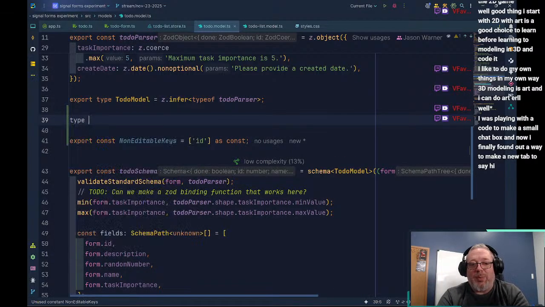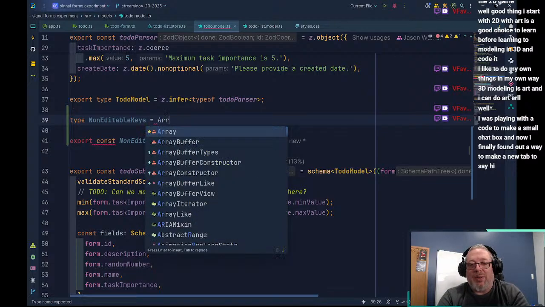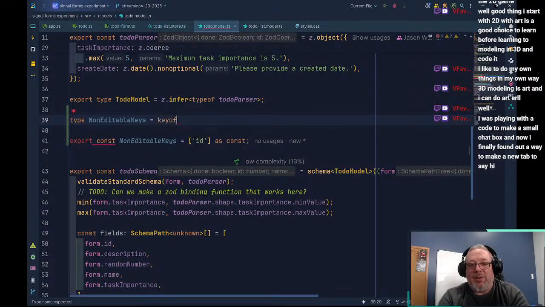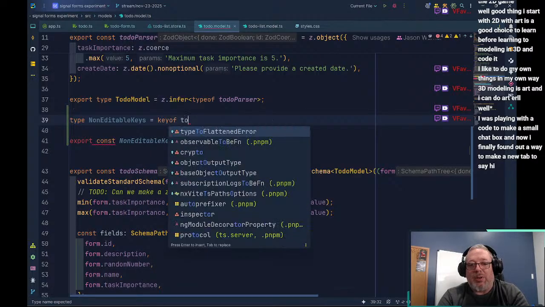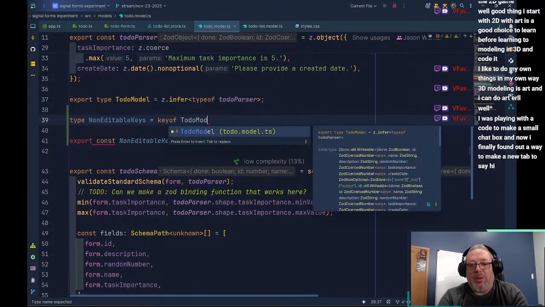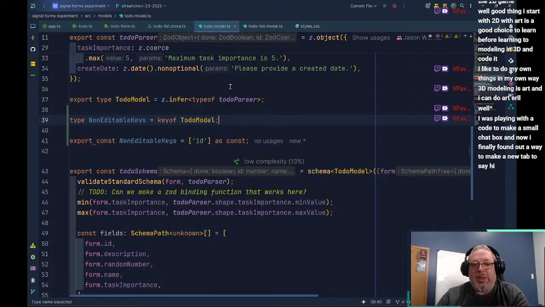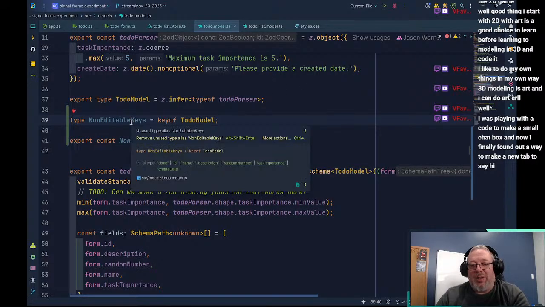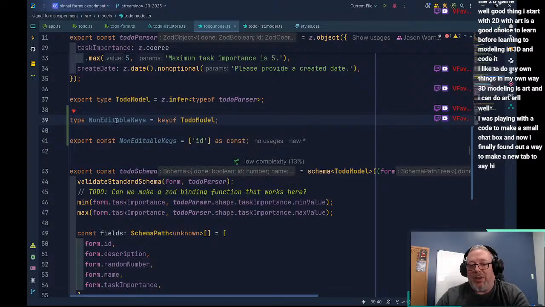We can say type non-editable keys equals, and here we can say array of key of to-do model, and we can see here that we've got our keys.